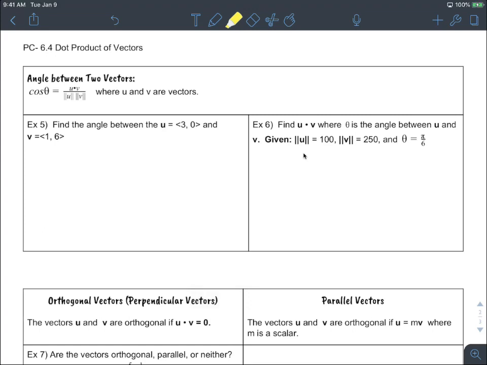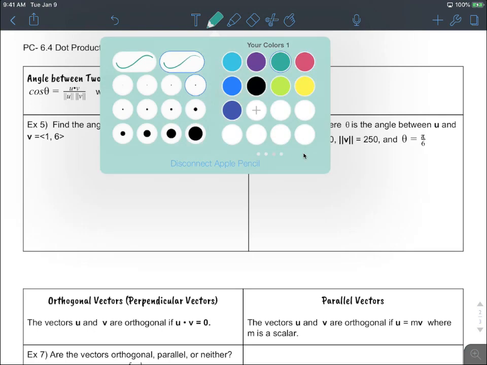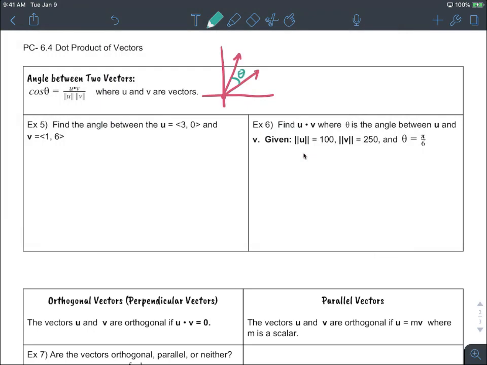A couple more examples. We're going to find the angle between two vectors. When I graph two vectors, they might not be on the x or the y-axis, so I need to be able to figure out the angle between two vectors that are not necessarily easy to find the angle between. But if we remember from the first video, we have a dot product rule that is